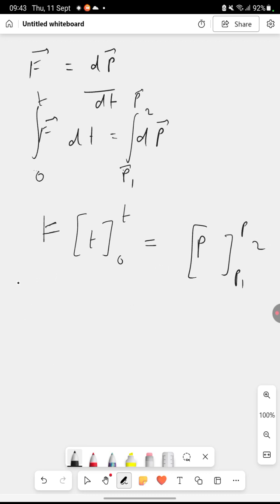Now F is the average force, so we can write F average into t